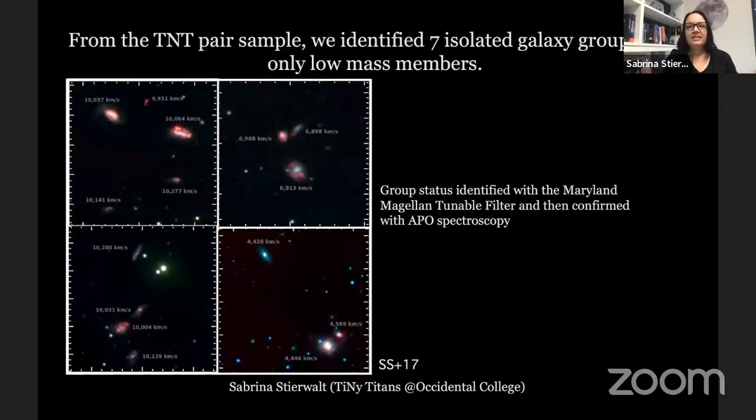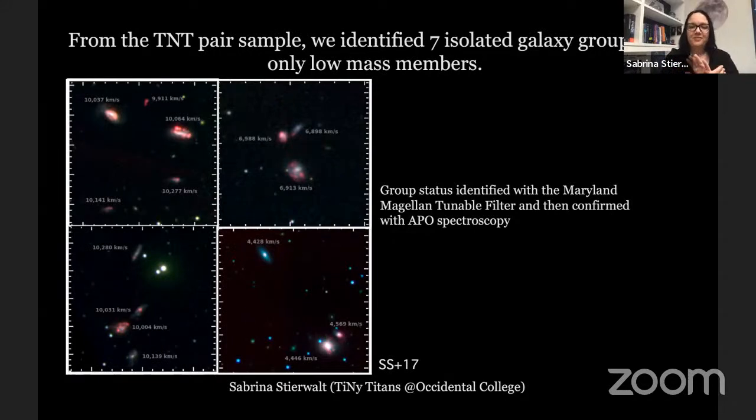We identified 7 isolated galaxy groups with only low mass members. These were some of the first groups found of galaxies that only have dwarf galaxies in them. Here I'm showing pictures of a few of them. The way we found them was we looked at our pairs and we observed our pairs of dwarf galaxies with something called the Magellan tunable filter. This is a Fabry-Perot, where observers can take your H alpha filter that's very, very narrow, only like 10 angstroms, and tune it to where you think your H alpha emission should be in redshift space. Then anything that appears in your image, because the H alpha filter is so narrow, has to be within about 300 to 400 kilometers per second. So it's sort of like a